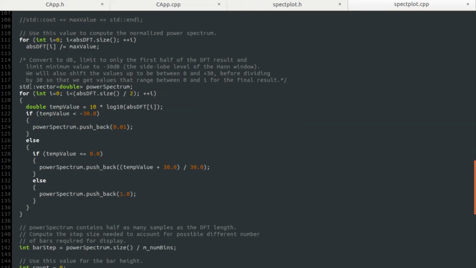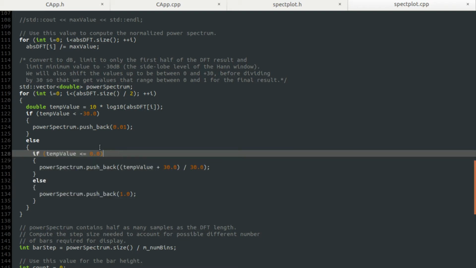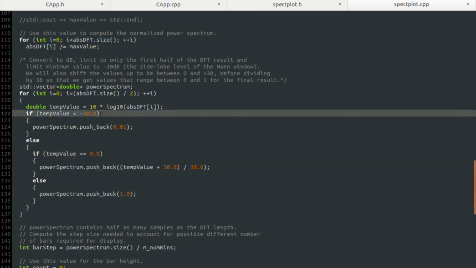Okay, one last thing also there, because of that we need to insert a little bit of extra code here. So we extract temp value, which is 10 times log to the base 10 of the absolute value of the discrete Fourier transform at the particular sample. Okay, and we then store that. We've talked about this code before. What I've added here is this if-else block here. So if temp value is less than minus 30, we're in dBs now, as it's described in the comment there,